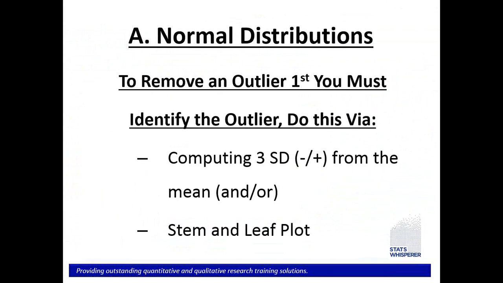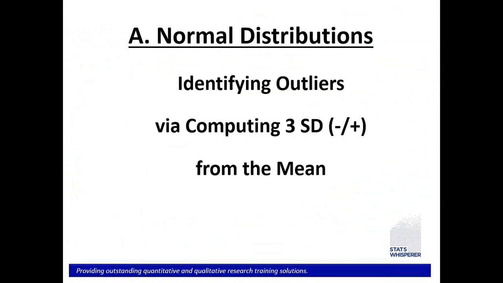Two of them are here. You could say that a score of 3 standard deviations from the mean is an outlier, and identify them like that, or use the stem and leaf plot. So if we did the 3 standard deviation method, calling any score 3 standard deviations from the mean an outlier,